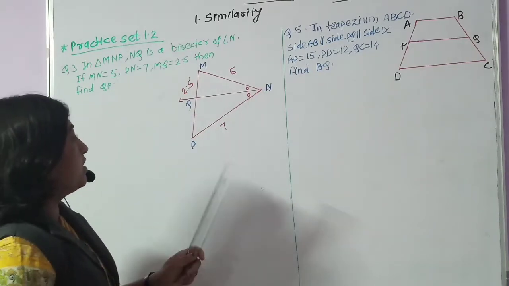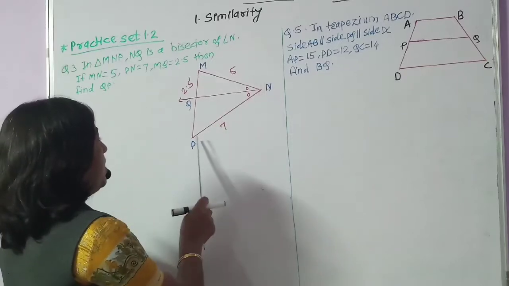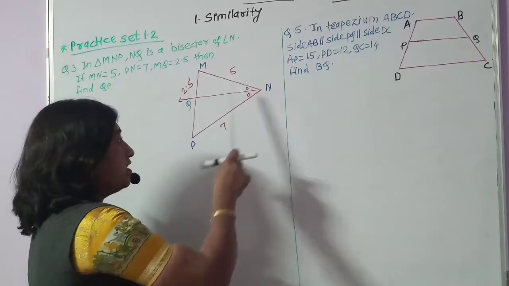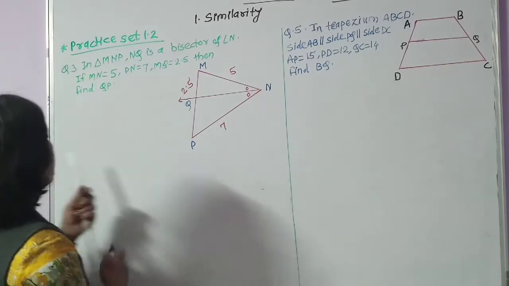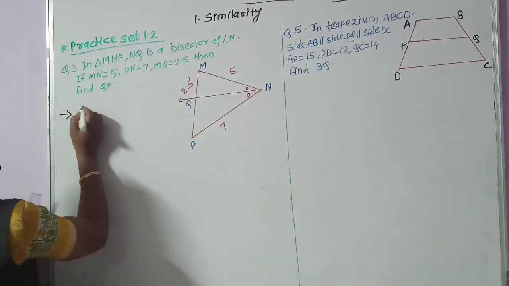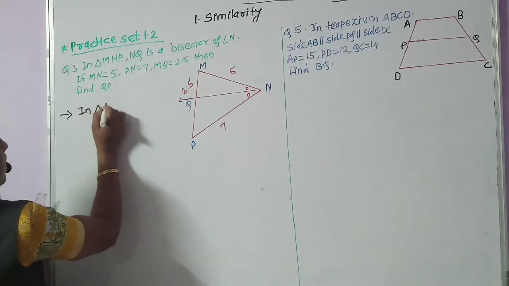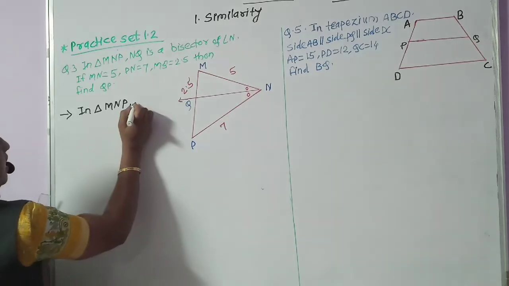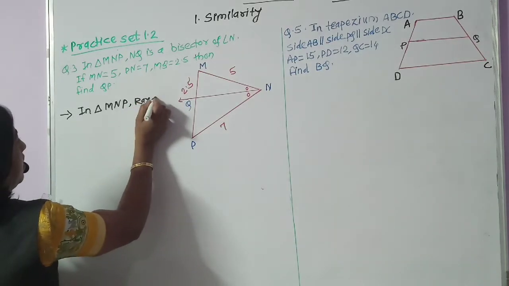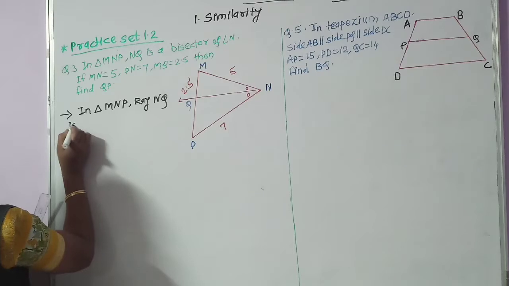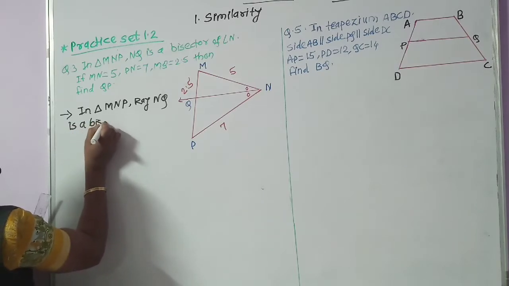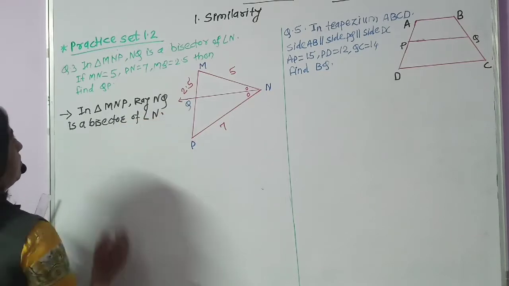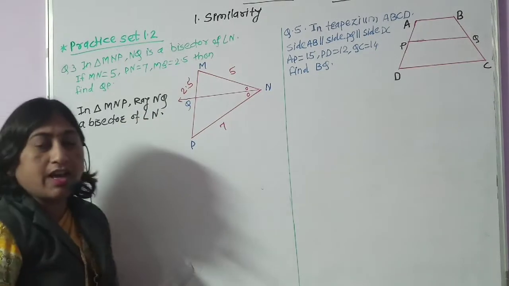If we observe the figure, in triangle MNP, this ray NQ is the angle bisector of angle N. Then we write first the given: in triangle MNP, ray NQ is a bisector of angle N. Then by using the angle bisector theorem,